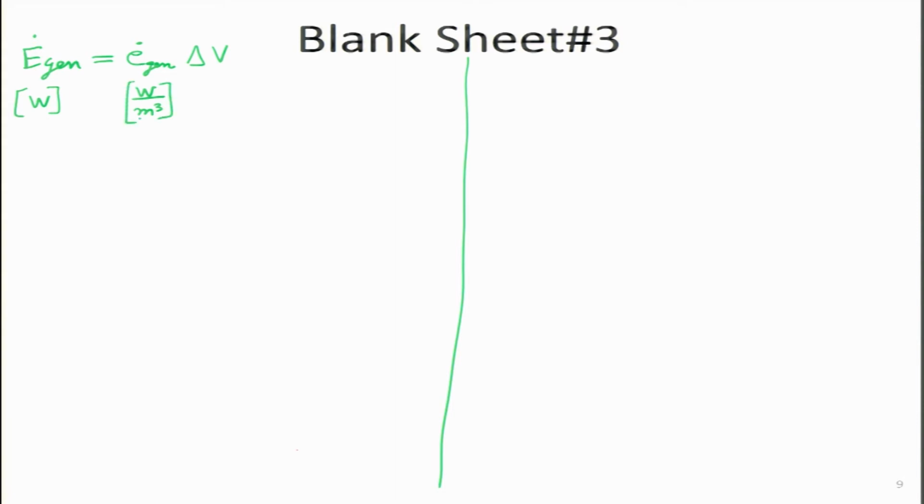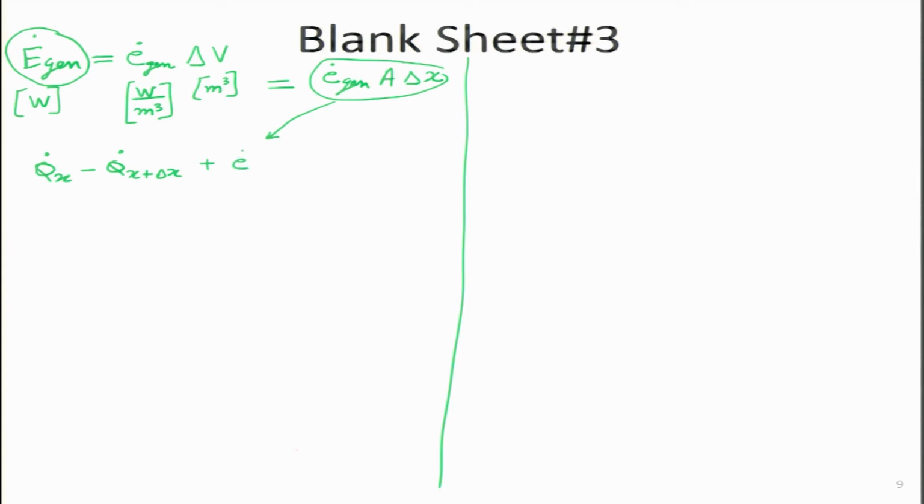Small E dot is energy generation per unit volume, because I am multiplying it by volume. And I can always write volume as A dx. So, this becomes E dot gen A dx. Now I will plug these into that original equation, q dot x minus q dot x plus dx, plus over here we would have written this term E dot gen, but I will replace it with this term over here.